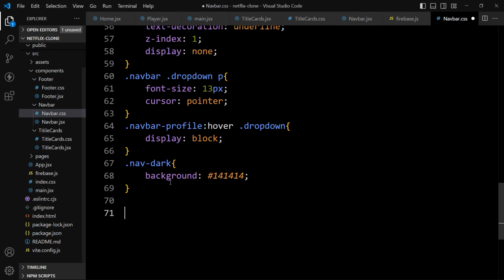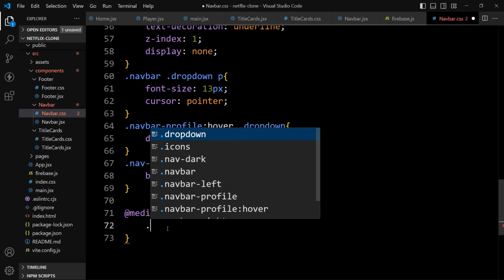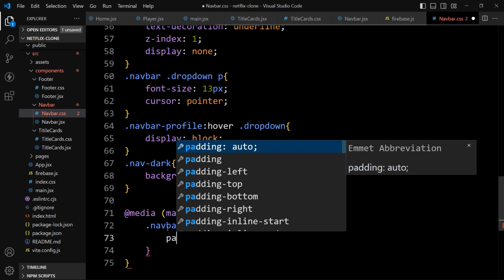Here we will add media query, media, max width. Let's add 800. And at the 800 we will add this class name .navbar, and in this navbar we will decrease the padding.